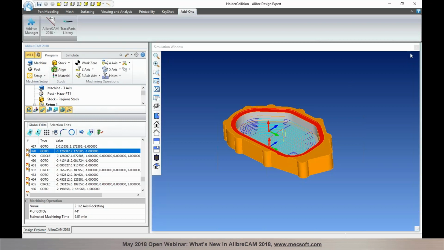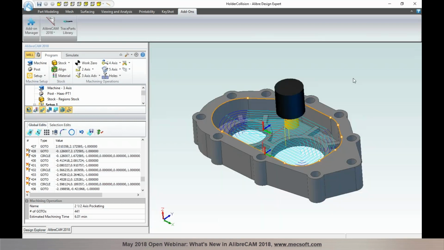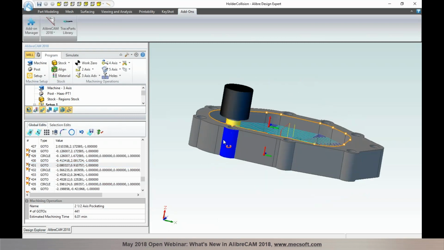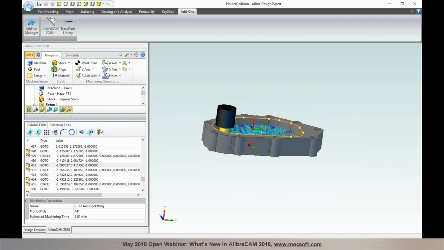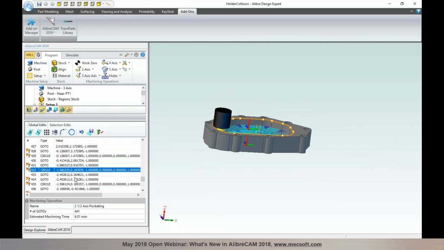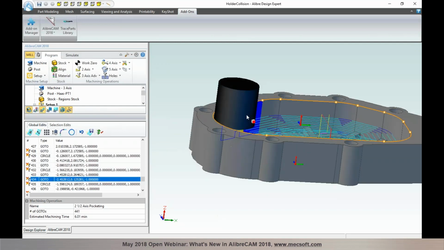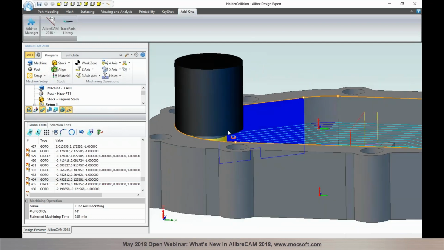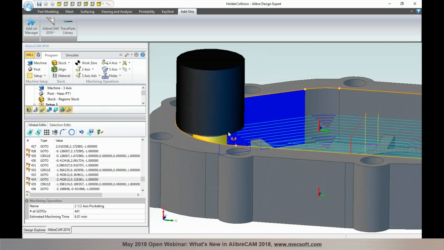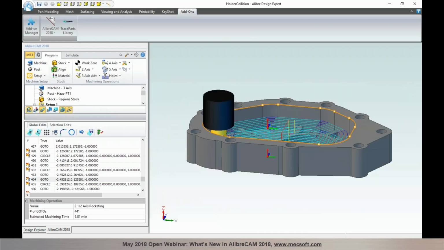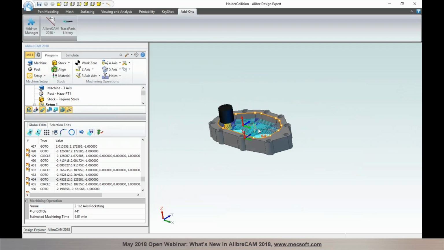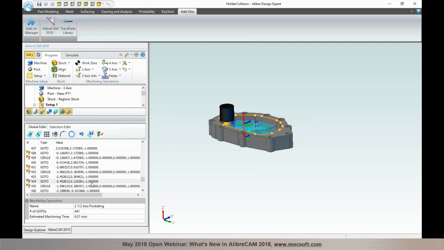And as you step through these motions in here, you can actually see the areas of collision right there. So as you select these motions, it will show the collision. You can see the tool holder colliding with your stock material. So this is a very nice enhancement, and again, this is available right from your standard configuration of AlibreCAM in